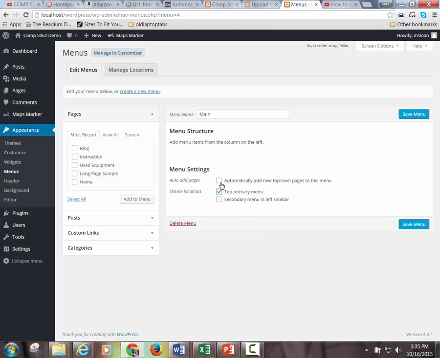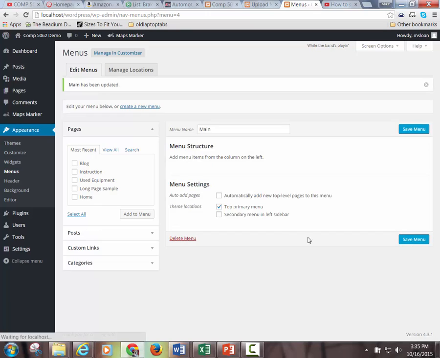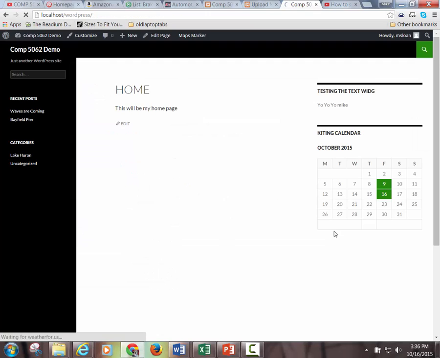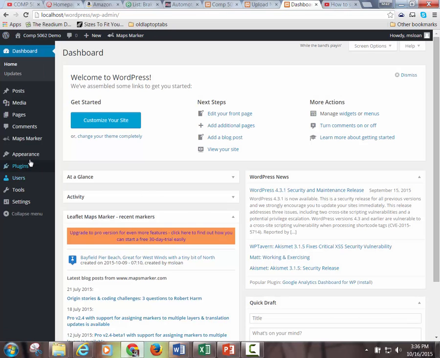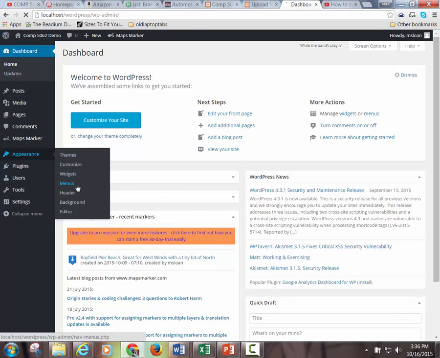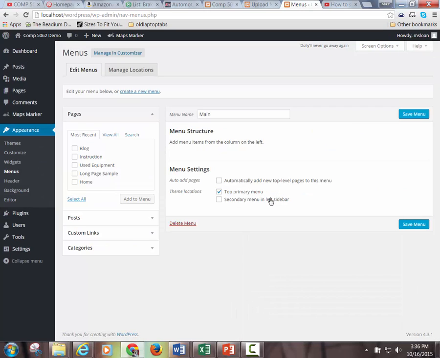And I don't want it to keep adding pages to the menu automatically. And then I'm going to save the menu. And because I set this to be my top menu, when I go here now, that is now the menu, which means it's blank because I just created a brand new menu and didn't put any pages in it. So once you make this menu, it overrides the default menu, which is the annoying menu that just puts things in whatever order. You take these items, you can take all the pages you have, you can add them to the menu,